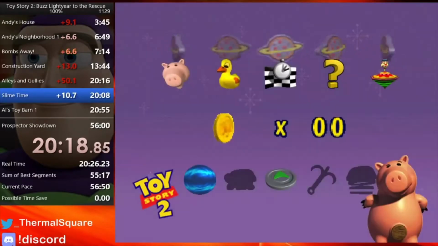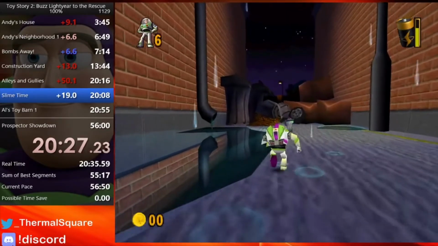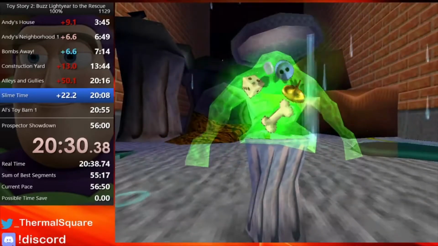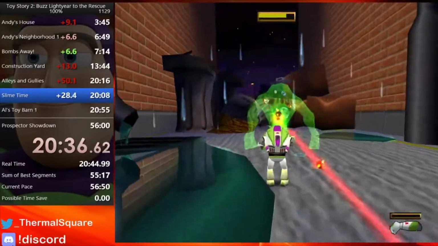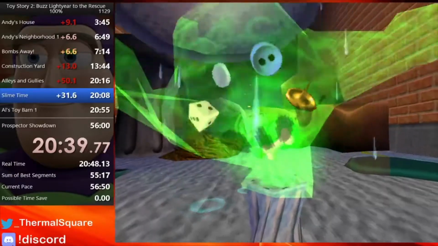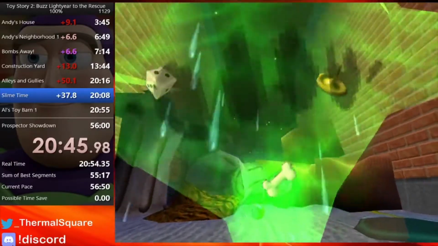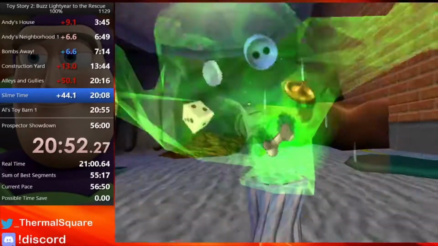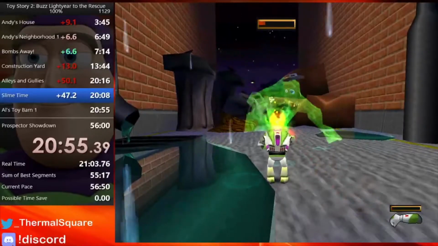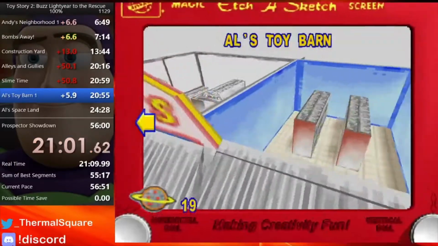That is Alleys and Gullies. Next will be our second boss fight, Slime Time, which is just a mash fest. Smash as fast as you can to beat the level. There are 5 cycles to it, so once you beat the 5th cycle, I didn't quite get it before he jumped over me, but